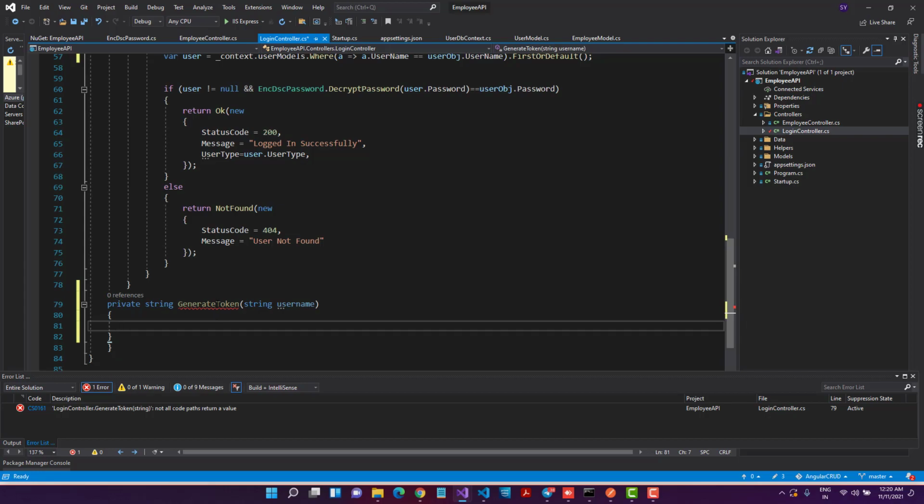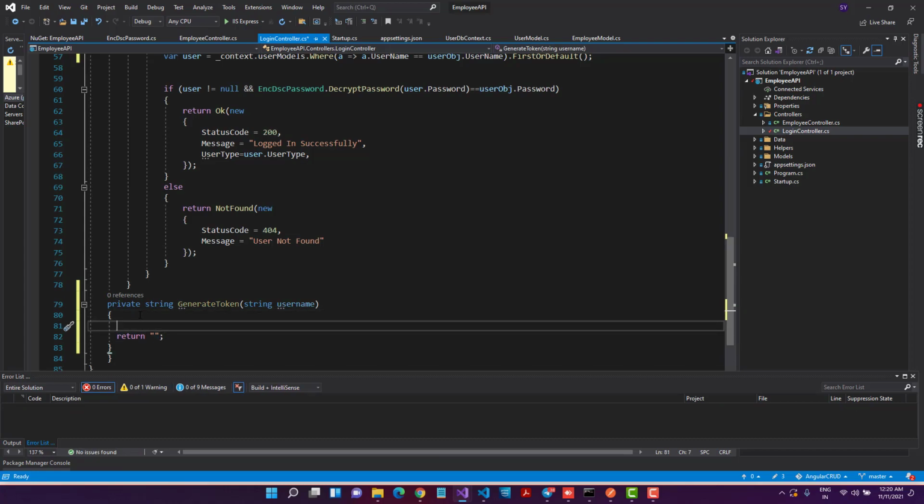It is as simple as that. It is throwing an error because we need to return something, since this is of type string. Because I hate errors, let me just return blank right now so that no errors are displayed. Now let me write my logic inside this.